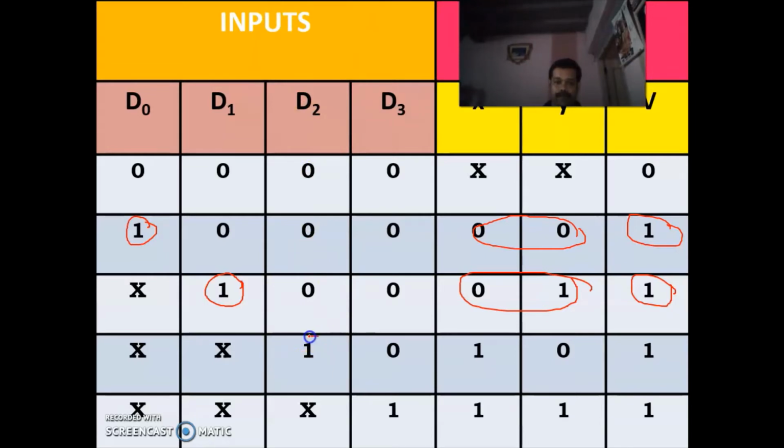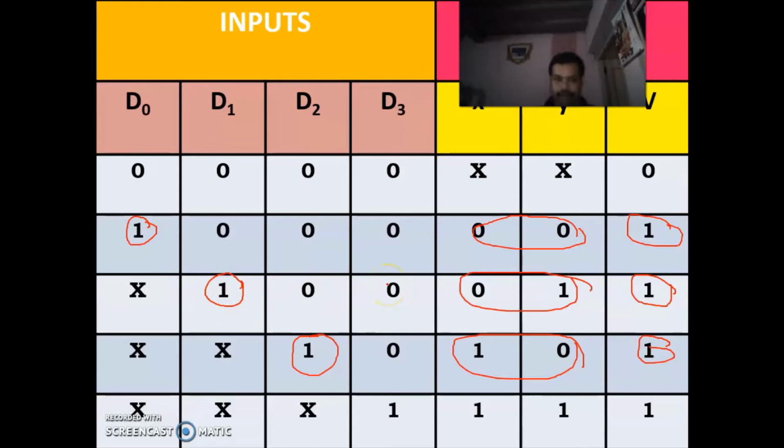Then we are writing 1 in the place of D2. So now D2 is having more priority than D1 and D0. So if D2 is 1, whatever may be in the place of D0 and D1, the output will be 1, 0. And we are putting V as 1. Similarly, here in other inputs, the inputs to the right of what you have written, we have to put zeros.